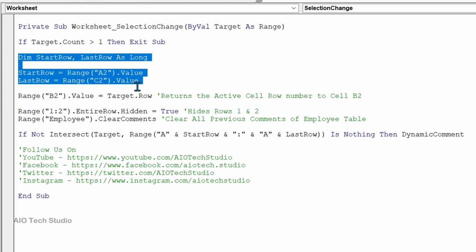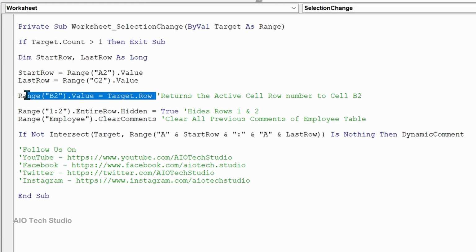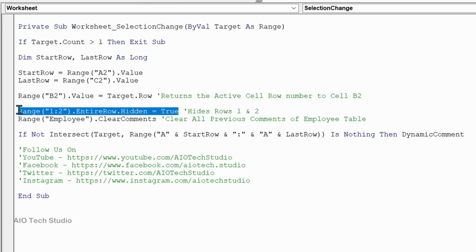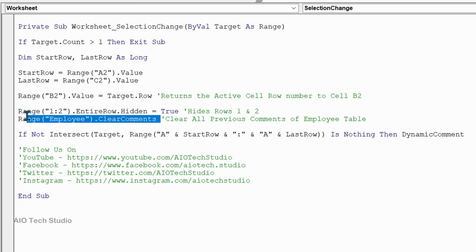Here I have taken two variables as long, start row and last row, and assigned the value from the cell A2 and C2 respectively. The next line of code will insert the active cell row number to cell B2. This line will hide row number 1 and 2, which is our support row. And this line will clear all the existing comments from any cell of the employee table.